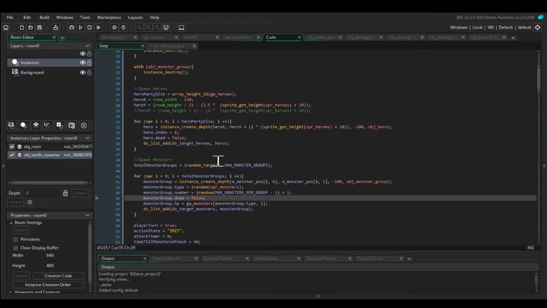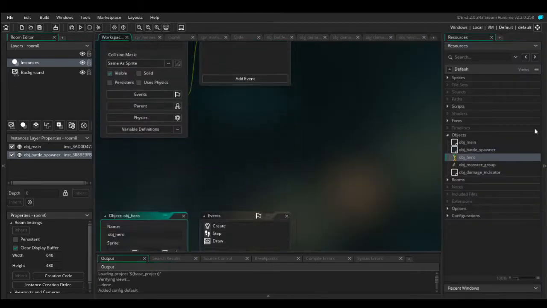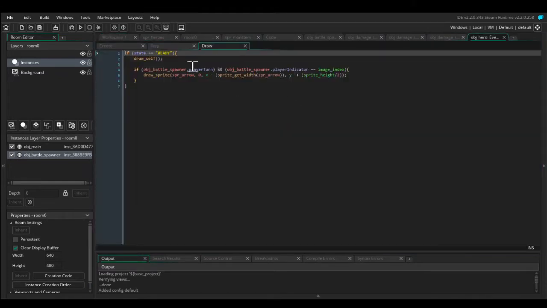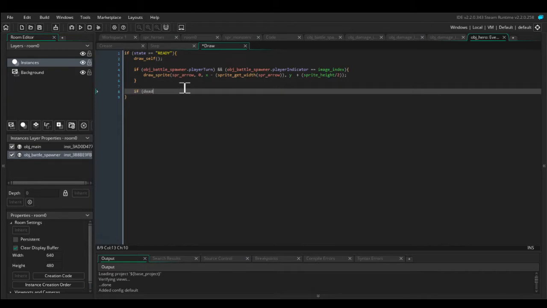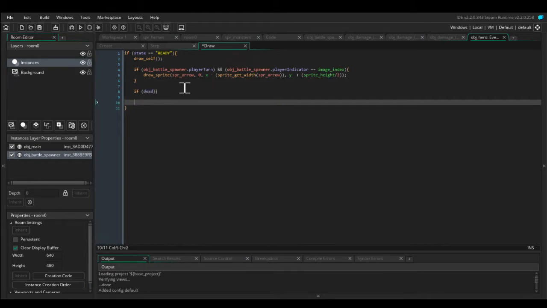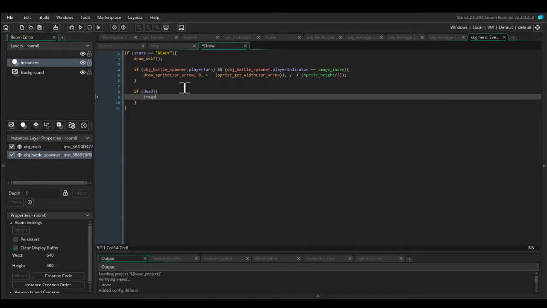Okay, so you may have noticed when we are creating the heroes and the monsters, we're giving them a variable called dead, but we're not really using it just yet. This is mainly just to show a different animation or sprite. So I'm going to do something simple for the heroes. I'm going to say if dead, then image angle equals 90. So they're going to be facing the ground,